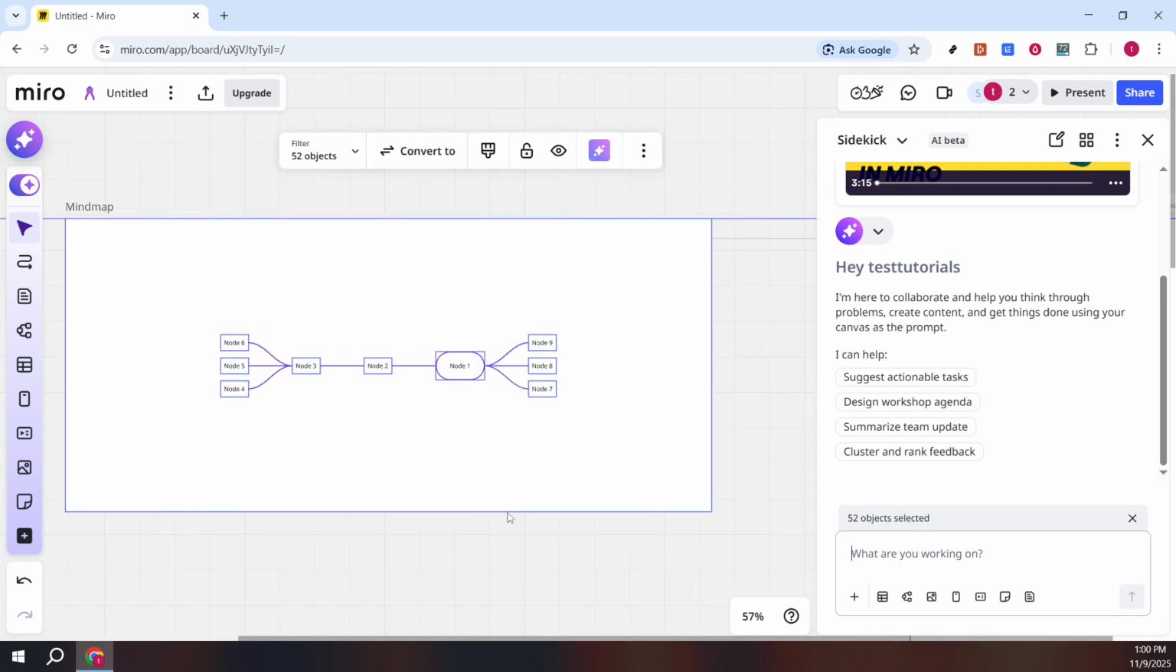And there you have it, an easy guide to creating effective mind maps using Miro. By following these steps, you should be able to organize your thoughts and ideas seamlessly, and perhaps even inspire others